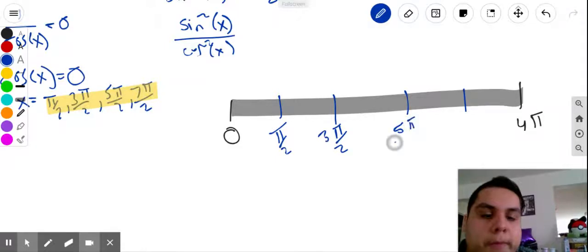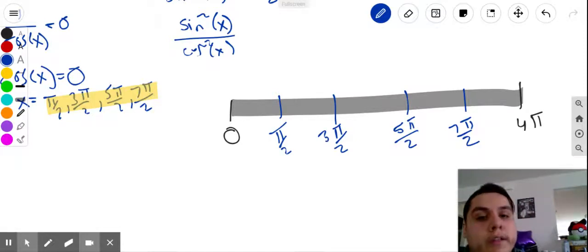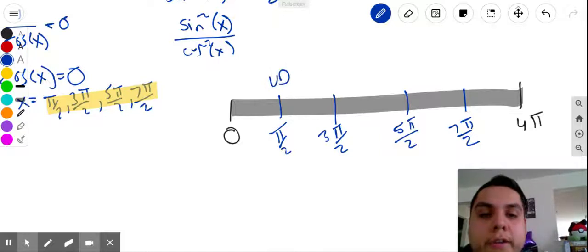Right? And this is where the rest just kind of works out the same. I just need to test out values here to see when the concavity changes. And I know for all of these, they're undefined. So I put the UD,